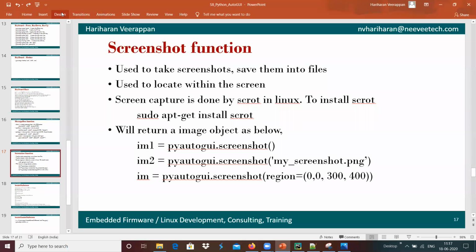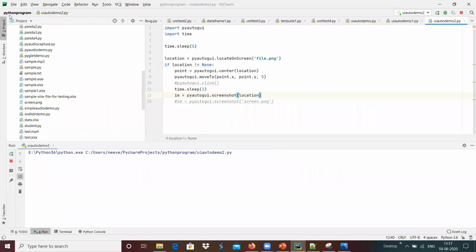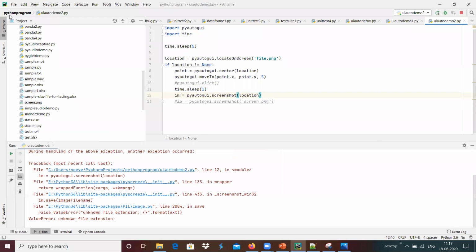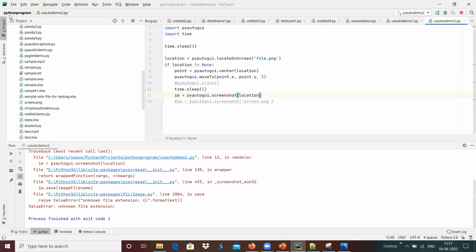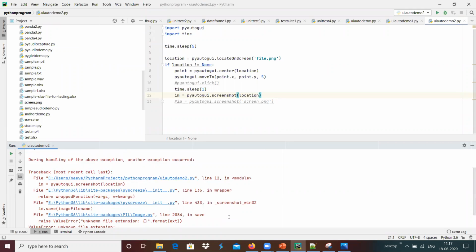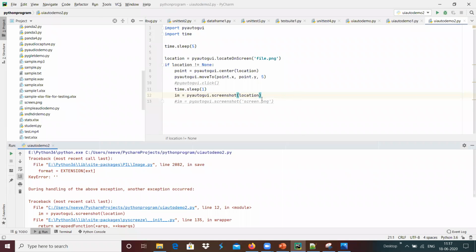Yeah, it started. It reached over there, and it has taken the screenshot. Unknown file extension. It has been taken like a location, not the screen.